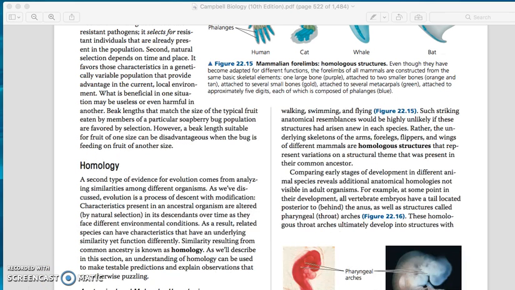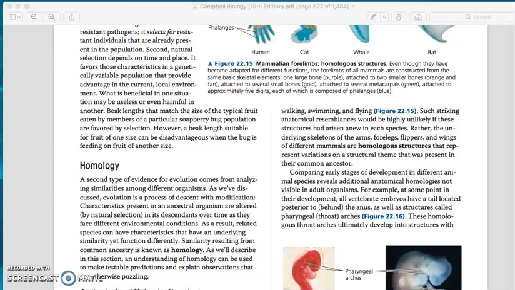Rather, the underlying skeletons of the arms, forelegs, flippers, and wings of different mammals are homologous structures that represent variations on a structural theme that was present in their common ancestor. I know from reading the paragraph before that homologous means similar in position or structure, but not necessarily in function. I already know that a structure is like a tibia, so I know that homologous structures are just examples of